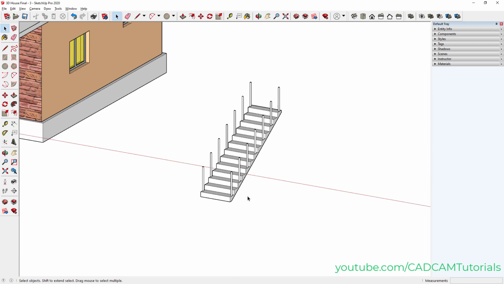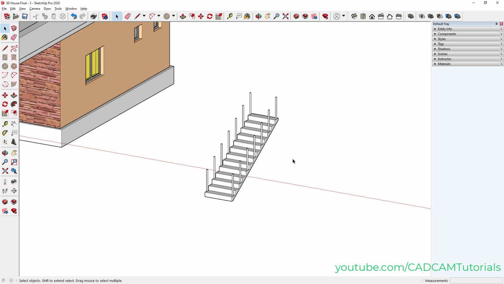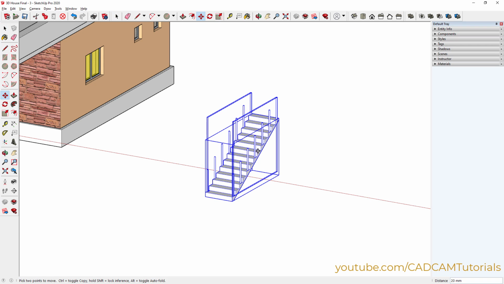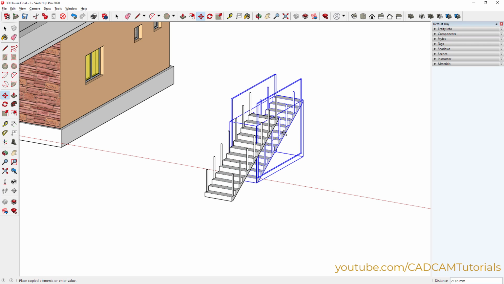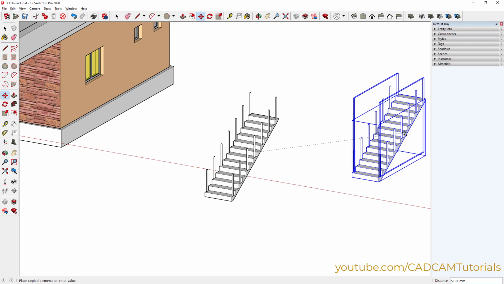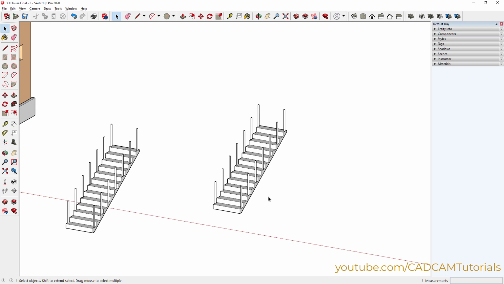Orbit it. We will need one more on the opposite side, so we will just copy it and rotate it. Select all these objects, click on move, specify base point, press Ctrl for copy, take it in empty space and click. Press spacebar and click, pan it, zoom there,